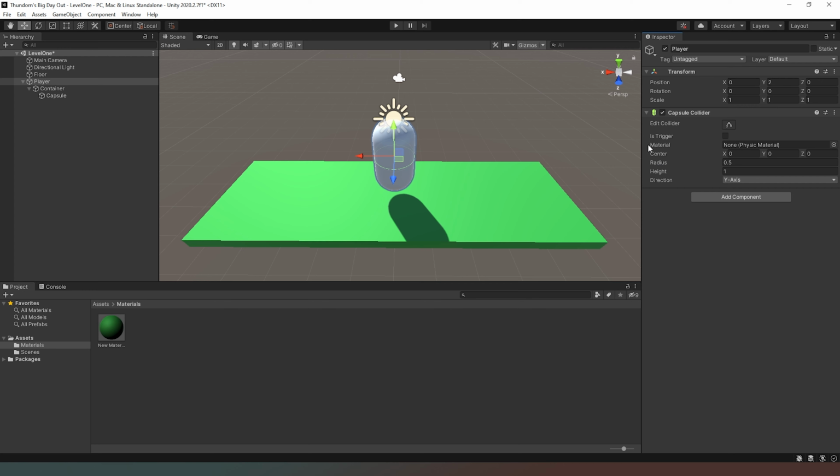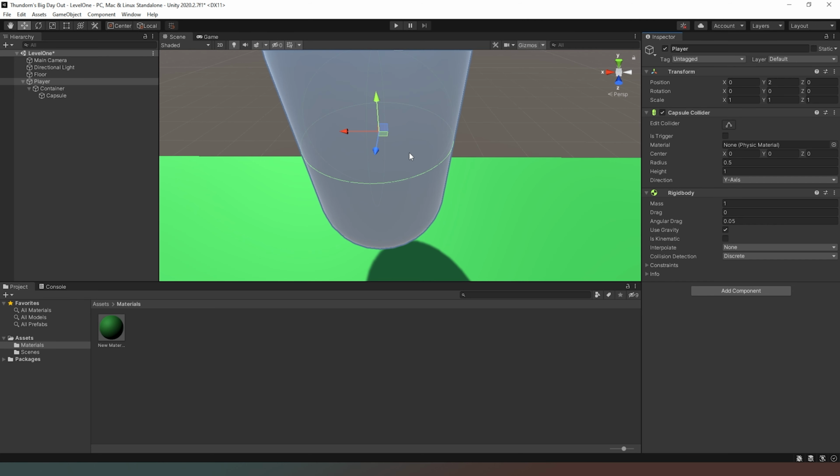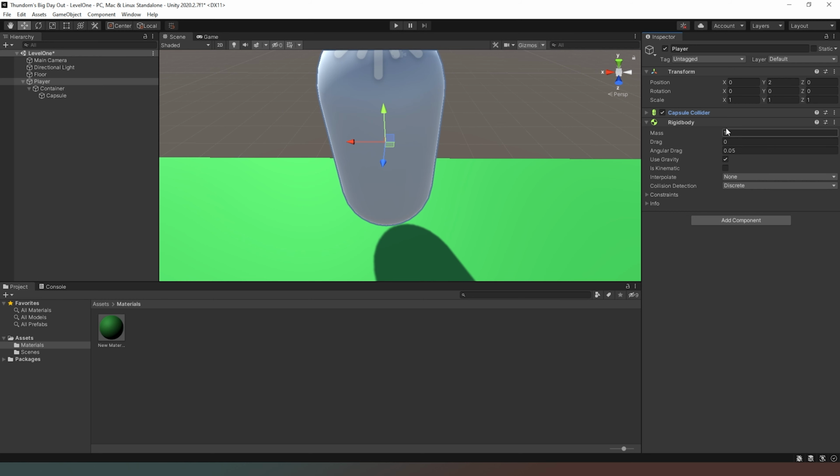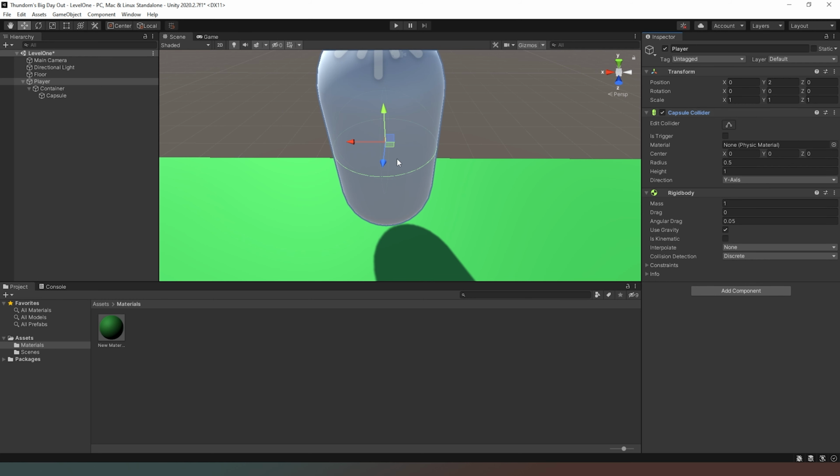Marvelous. Nice and simple like that. Now I also need to add my rigid body to this object so that it obeys the laws of physics, same as before. But if you look closely at our capsule collider, currently it's the wrong size. It's actually set to 1 meter, but our capsule is 2 meters tall, so we need to adjust the